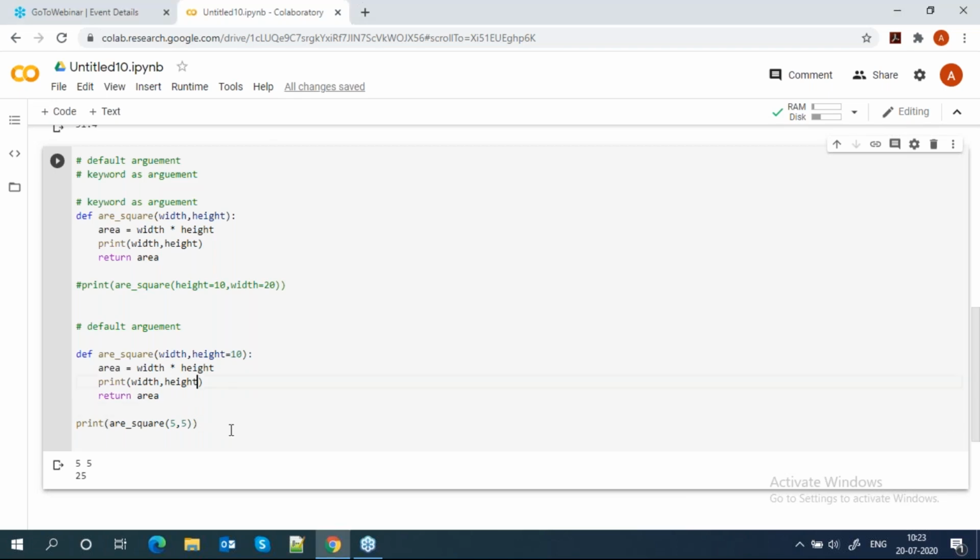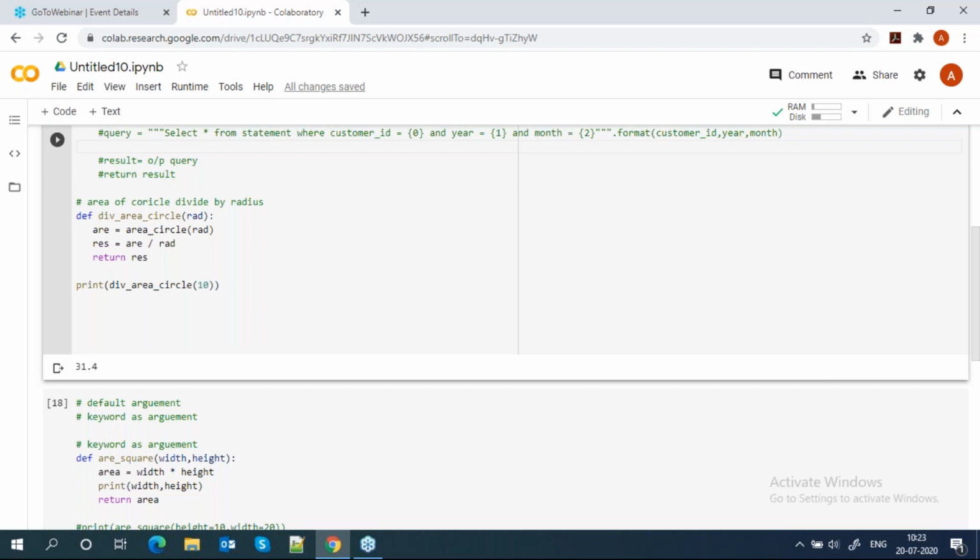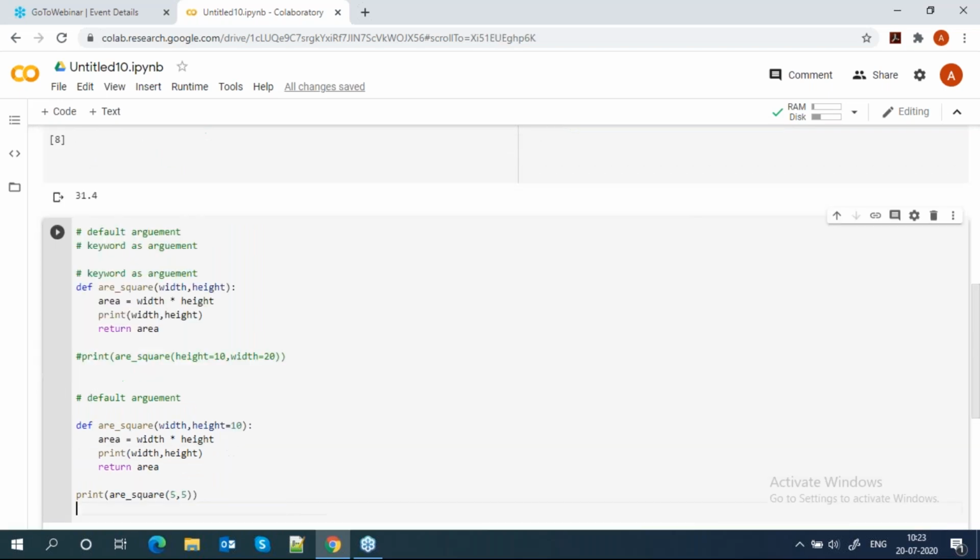So this is all about functions: how to create a function and how to use functions. Clear everyone?